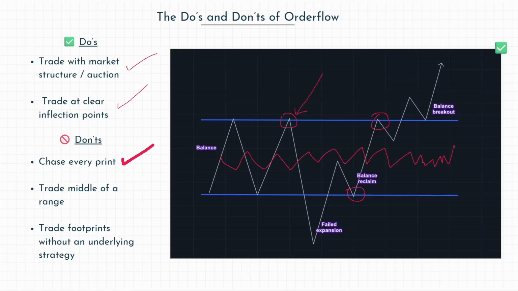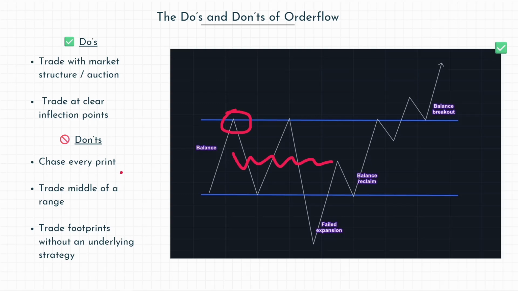With order flow, if you start looking at it in the wrong spots, everything looks like a signal. And that will drive your brain crazy. You want to only look at this stuff at inflections. I'm not staring at my order flow until it's at key levels or doing key things, AKA, it's not in the middle of a range. So don't chase every print, don't diddle in the middle, and do not trade